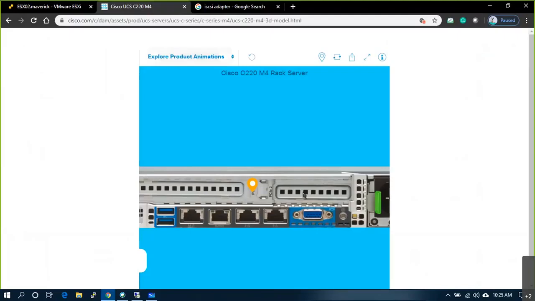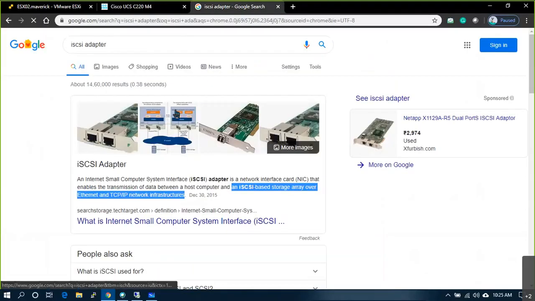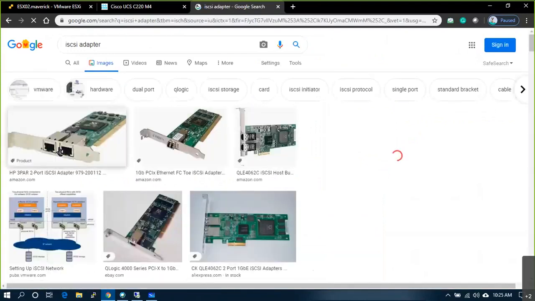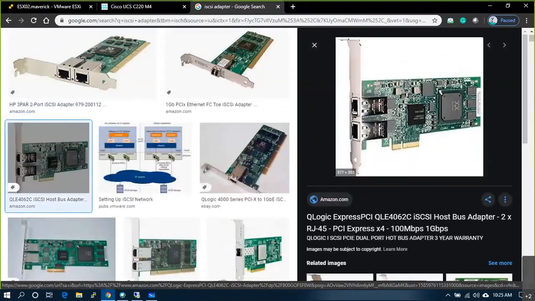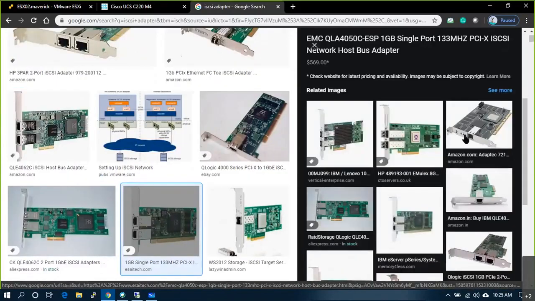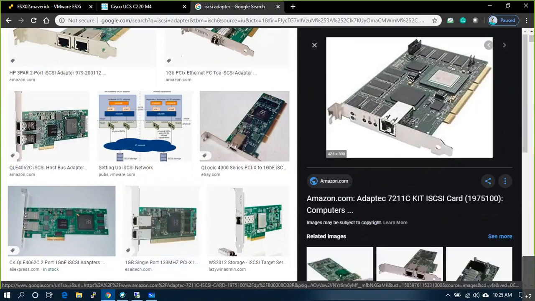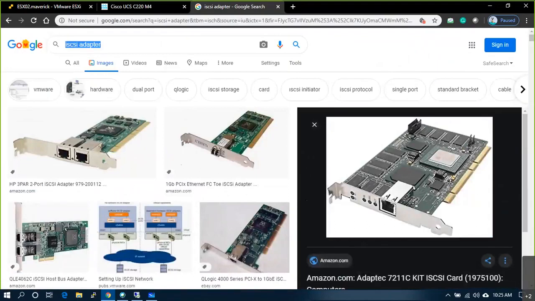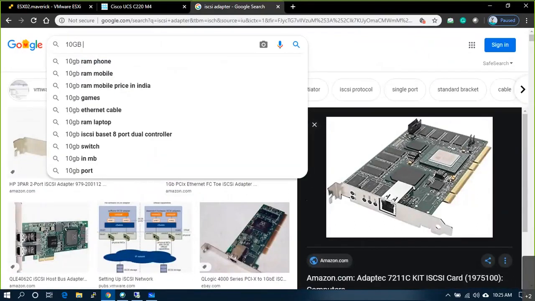On the back panel, the PCI slots, you need to remove the back panel and insert one of these adapters. You'll see this adapter is not like your network adapter. The shape is a little different. It is a normal Ethernet cable and an iSCSI 10 GB iSCSI adapter. How does a 10 GB copper cable look?